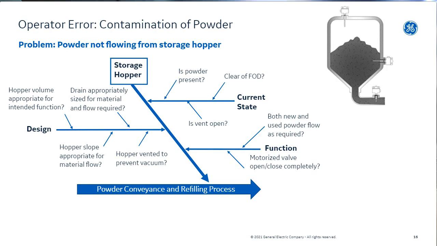So, got a fun situation. This actually was with our binder jet folks. Contaminating powder. This is a small screenshot of, we'll say, the entire binder jet process, and we'll do a little fishbone here. But there's the powder conveyance and refilling. I'm not even exactly sure how this happens, but essentially there is a hopper of powder that's where it's loaded from. When it's fresh powder, virgin material out of the containers from the manufacturer, we load it in here, and